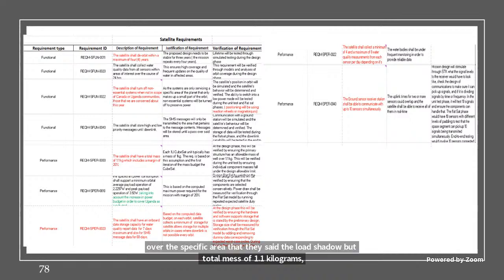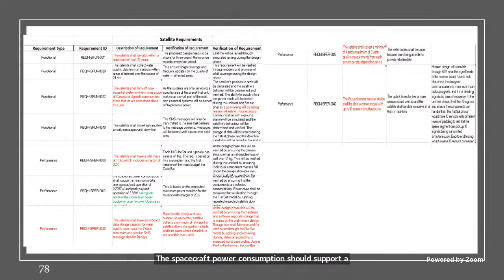The spacecraft power consumption shall support a minimum orbital average payload operation of 2.22 watts and peak payload operation of 3.22 watts, since we have taken into consideration the increase of the power budget as we added Uganda as a sub-goal. These numbers might not be accurate enough, but we needed to put a stake in the ground so the preliminary design can continue from it. The satellite shall have an onboard data storage capacity for water quality reports for 7 days maximum,